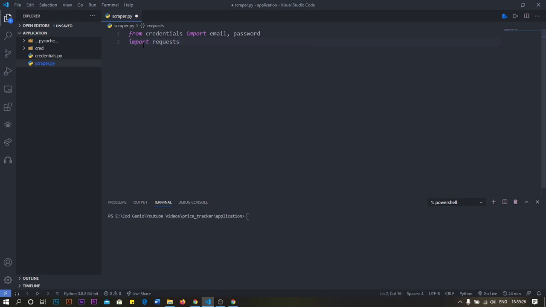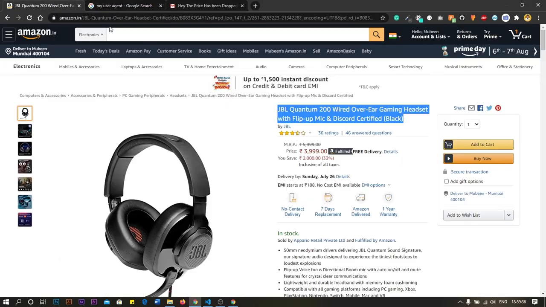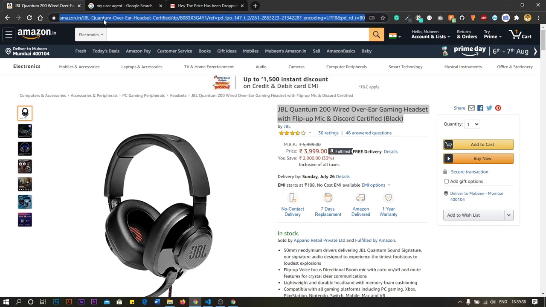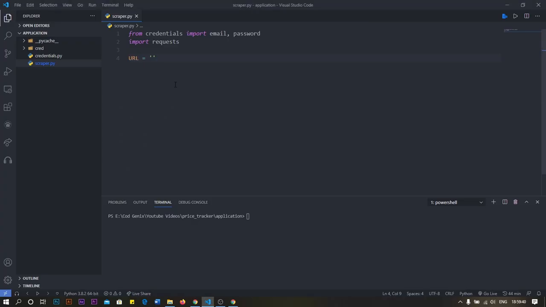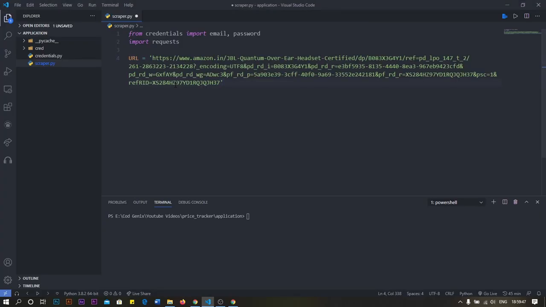After importing the library, we need to have the URL of the product that we want to track. So we go here, copy this link and paste it in here. Okay, now we have the link. The next thing that we need is headers. This contains the information of the browser from which we are going to make the request.